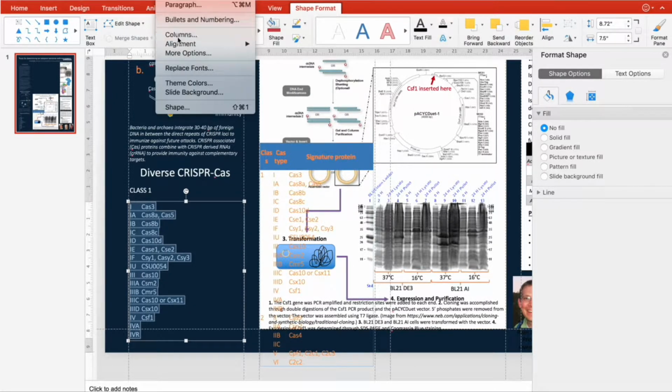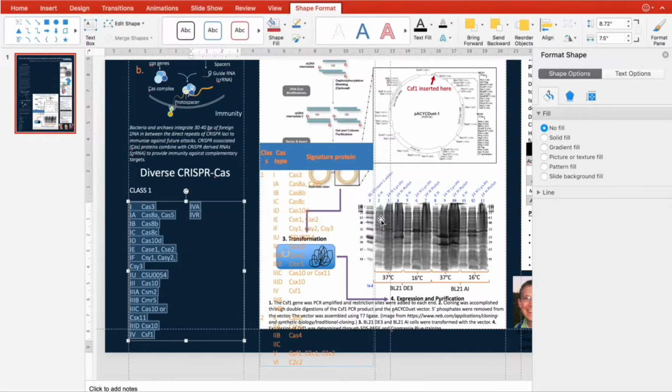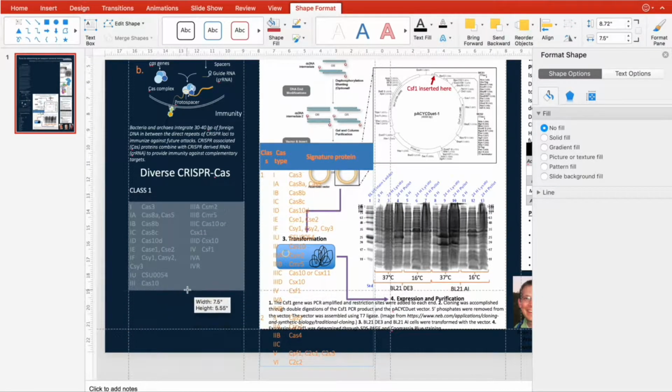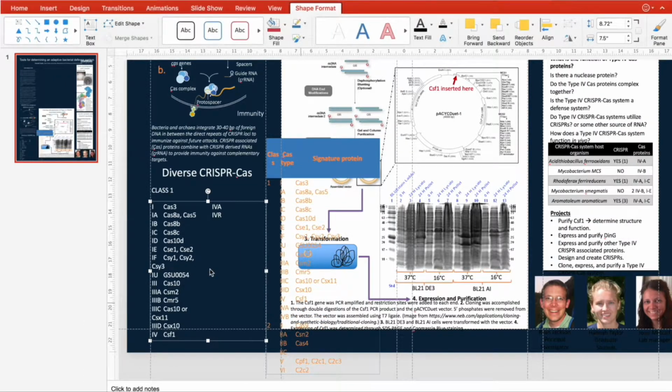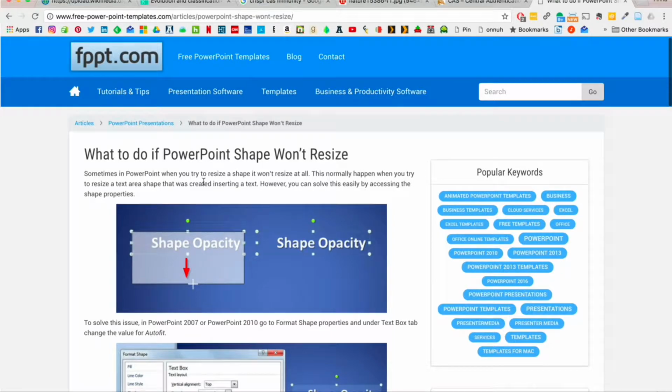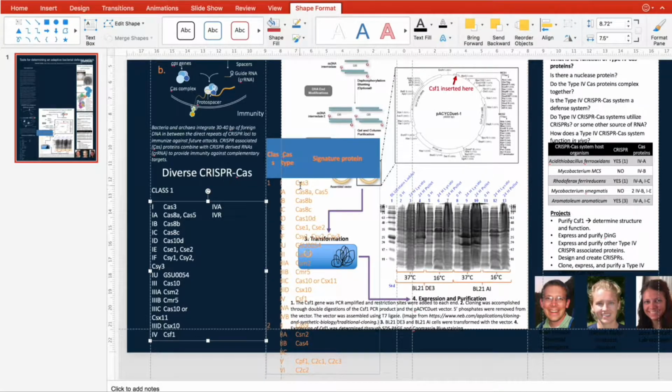Now, this is not a good use of this particular column, so I actually turned this text into 2 columns, and that's another thing that you can do with a text box. Another thing that's a problem with PowerPoint is it does not make it easy for you to make 2 equal length columns. It actually took me a second. I looked it up on the internet to figure out what was going on, and it's just a simple setting